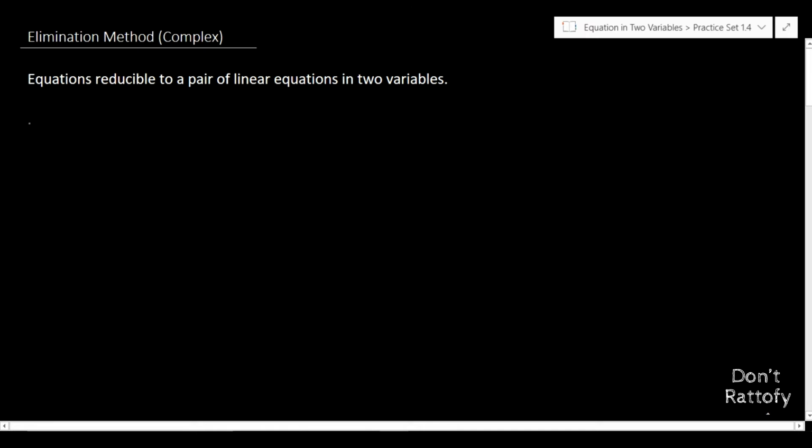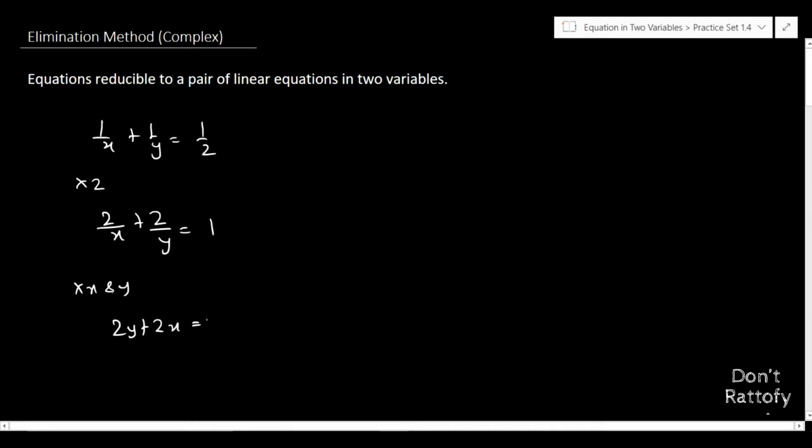For example, if I have an equation, let's say 1 upon x plus 1 upon y is equal to 1 upon 2. Now if I want to get rid of this 2, I can multiply by 2, right? So 2 upon x plus 2 upon y is equal to 1. I get rid of this 2 from the denominator, but I cannot get rid of the x and y, because if I multiply by x and y, I will get 2y plus 2x. This is fine, but here I will get x and y, which will be difficult to solve, right? I need one constant to make it easier. So I cannot do something like this.